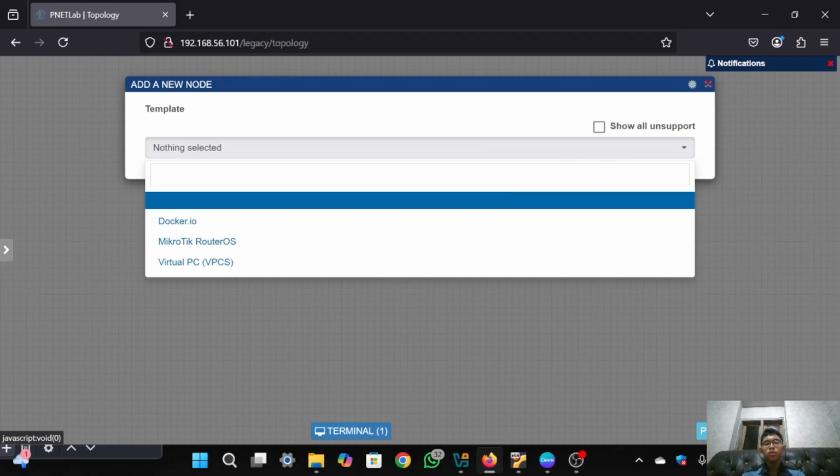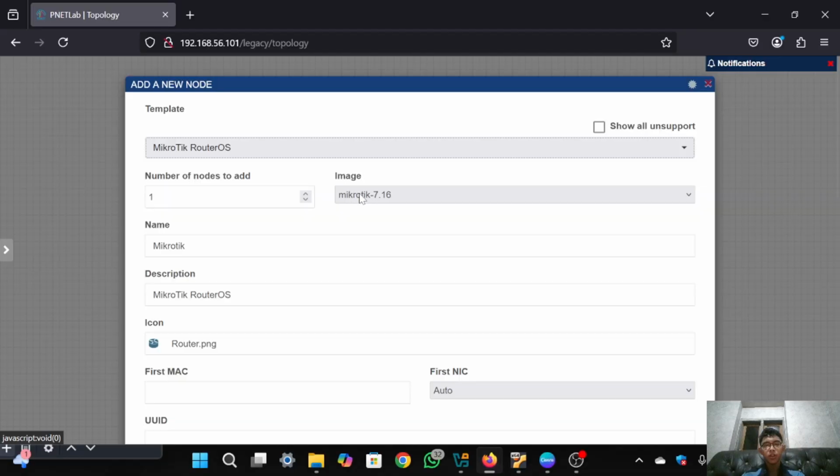You should know that PNetLab does not automatically show the MikroTik, so to upload the MikroTik you must do it yourself. Then click the MikroTik RouterOS.